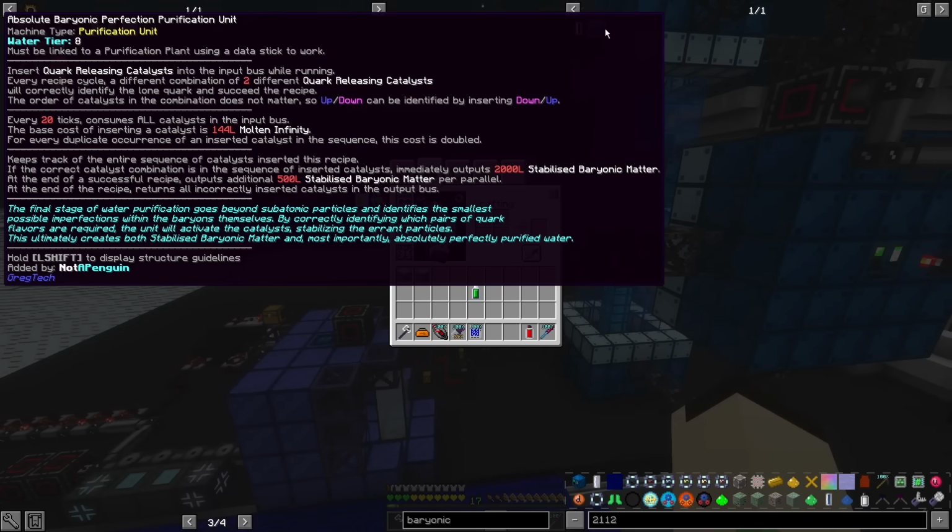This catalyst ordering thing is a little confusing, but let's finish reading this. The multi keeps track of the entire sequence of catalysts inserted this recipe, meaning this 2-minute waterline cycle. If the correct catalyst combination is in the sequence of inserted catalysts, immediately output 2000 liters of stabilized baryonic matter, and at the end of a successful recipe, output an additional 500 liters of stabilized baryonic matter per parallel. Also, at the end of the recipe, whether it's successful or not, it will return all incorrectly inserted catalysts in